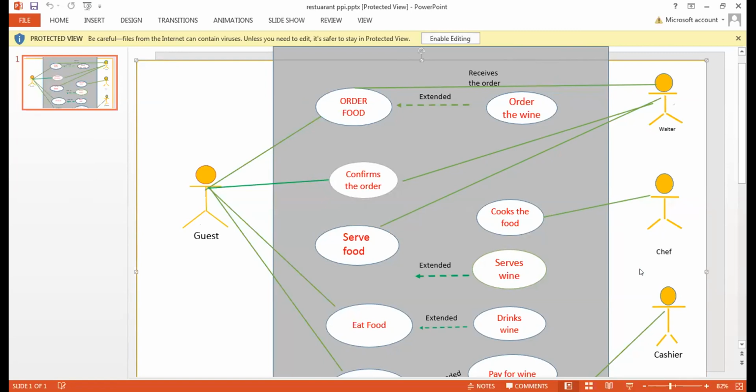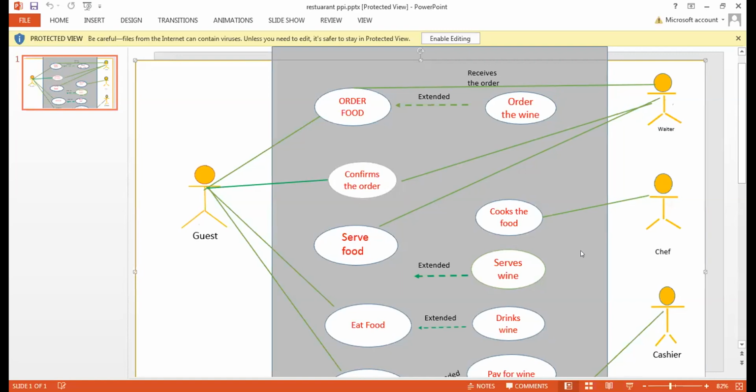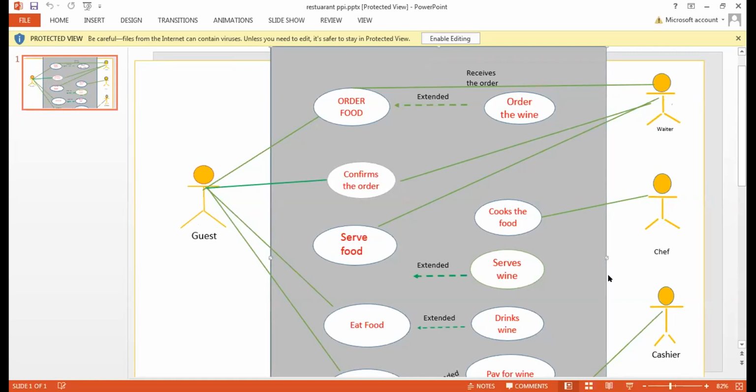Now the waiter, actually hold on. Where is this? I left a box, which is the chef cooks the food. There should have been one box here where he gives this to the chef. Yeah, well, that's okay, ma'am. That can happen outside the scope of the system. Then he serves the food.